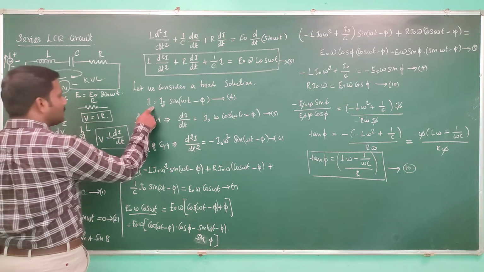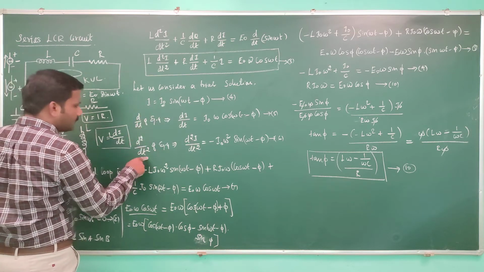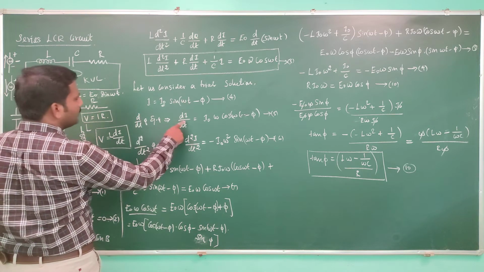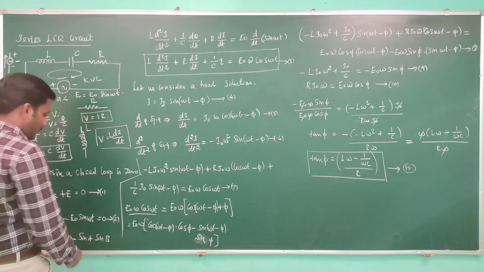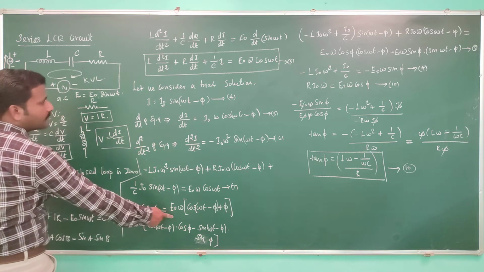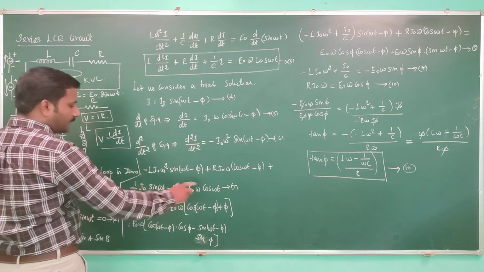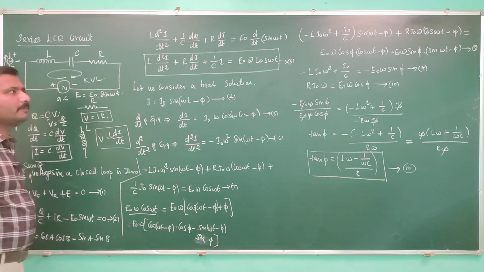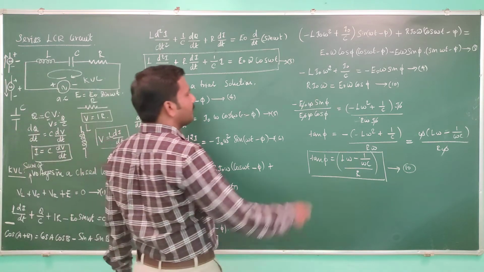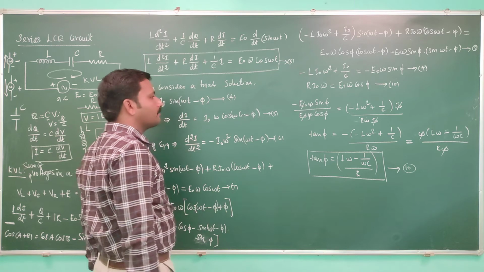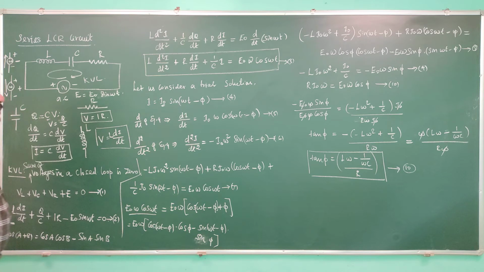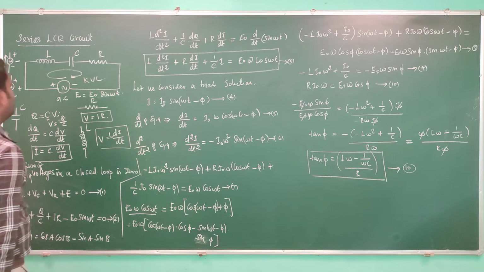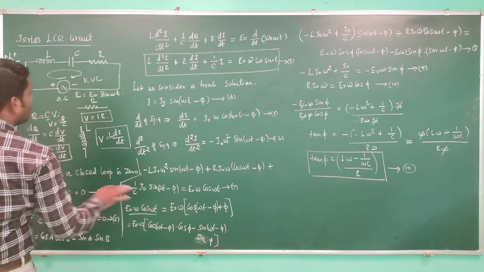We have differentiated this equation with respect to t, and with respect to t square we have obtained dI by dt and d square I by dt square in equation number 3. We have applied the expression for cos A plus B here on the right side, and we have separated the coefficients of cos omega t minus phi and sin omega t minus phi, and we have taken the ratio of sin phi by cos phi, which ended at tan phi equal to L omega minus 1 over omega C divided by r. Fine. Let us rub this in order to create space.